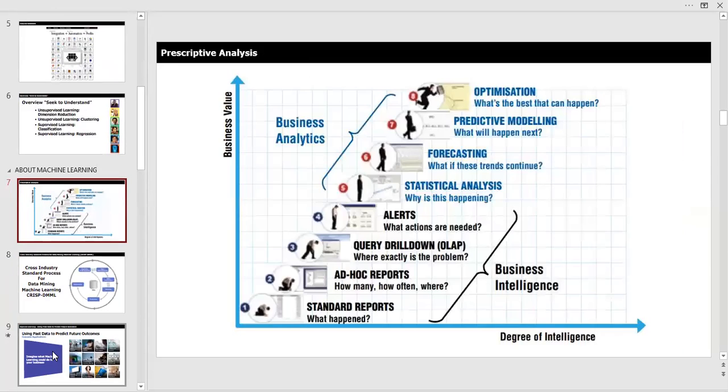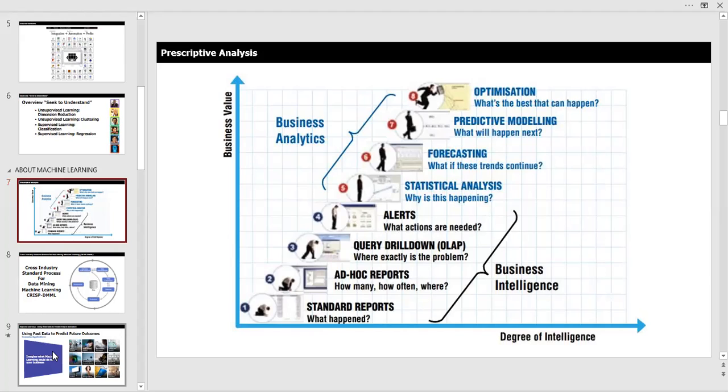All right, so I saw this slide years ago and thought, wow, this is really powerful. Again, talking about just reporting and intelligence. And of course, the word business intelligence has been around for many years, like 30 plus years.